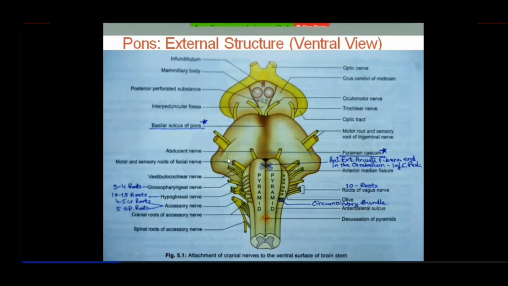So why is it a bridge? Actually, you can see that these are the two cut ends of the middle cerebellar peduncles, right? I never have a board here, so I could have drawn some diagrams to better explain this. Actually, cerebellum is lodged posteriorly and it is connected to the midbrain through the superior cerebellar peduncles, and those are directed upwards and medially, you can say.